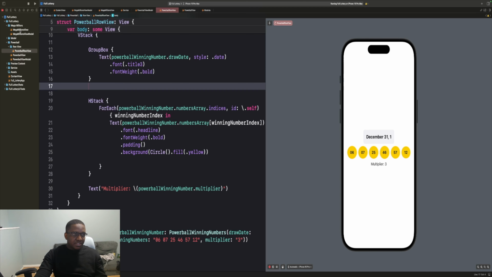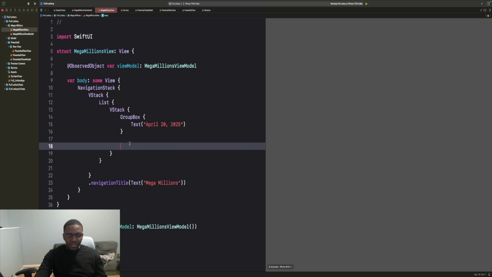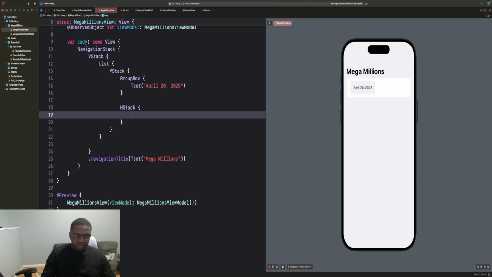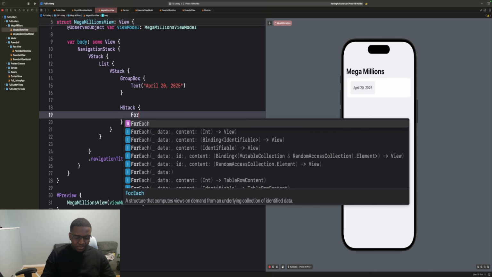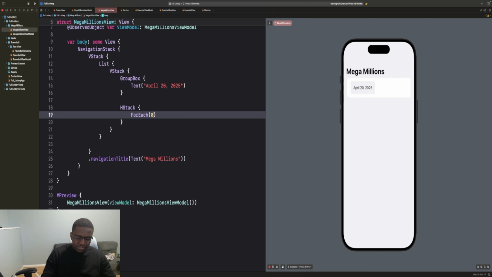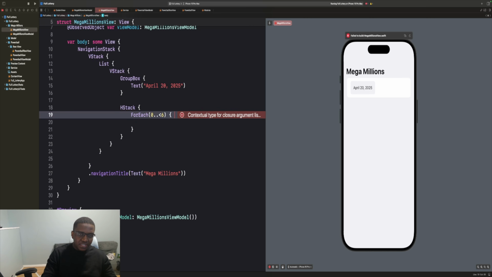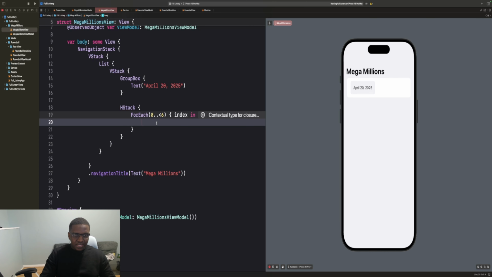So let's jump back to our Mega Millions view. And for now, we can just start by doing an HStack. And inside the HStack, we're going to have a ForEach. And then our ForEach will be 0 to less than 6. Basically, we want to show 6 items. So for now, 6 balls, just to mock up a basic view, and then eventually we start filling it in with real data. And then we'll say index in, and then everything inside here we'll say something like Text,